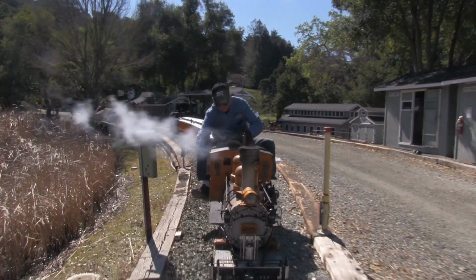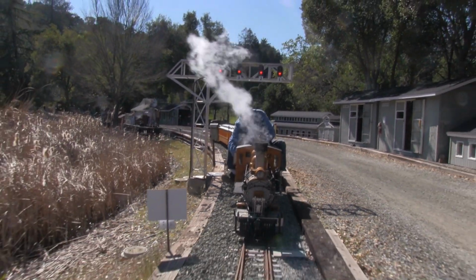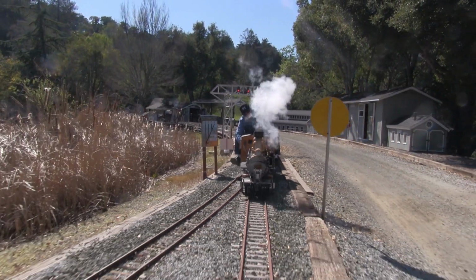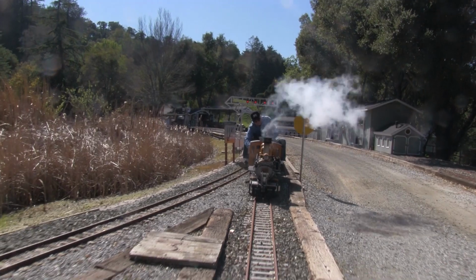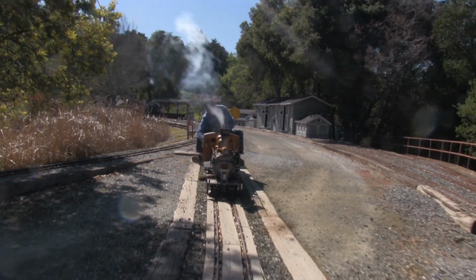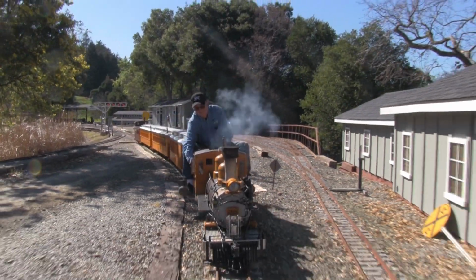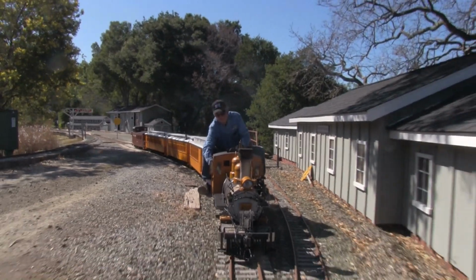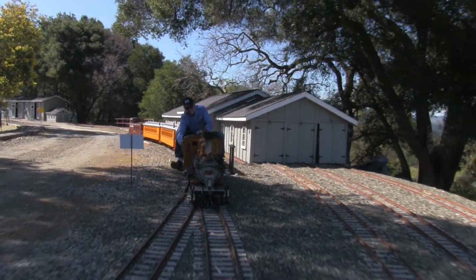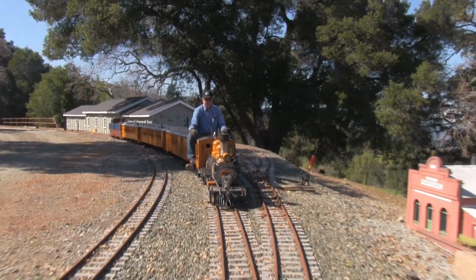They put a great big diamond smokestack for burning wood, and they basically said, this is our statement about D&RGW, and they came up with this new gold color scheme, aspen gold or Grande gold as it was referred to. And they painted this engine in that color scheme, loaded the engine and tender on a flat car and sent it back on a standard gauge railroad to Chicago, and it was back in Chicago for the duration of that rail fair. It ran around the picnic grounds, if you will,